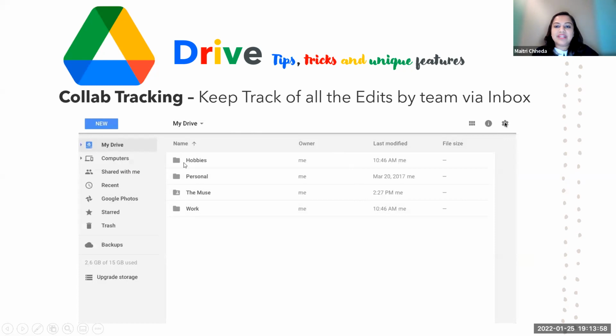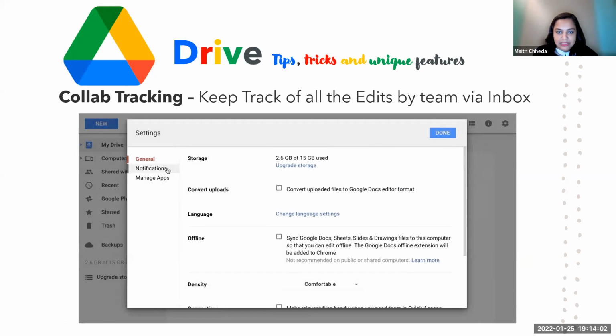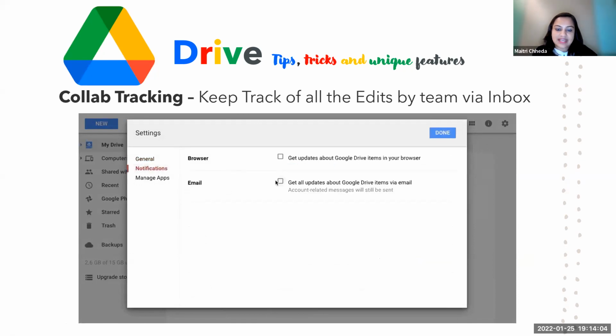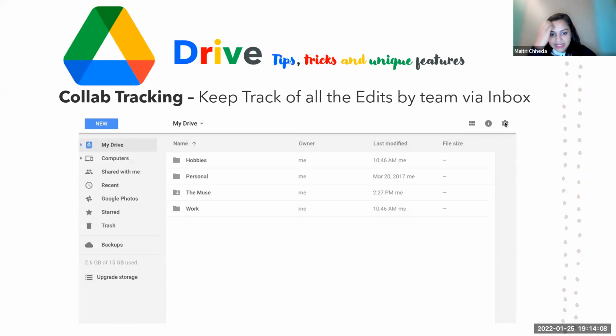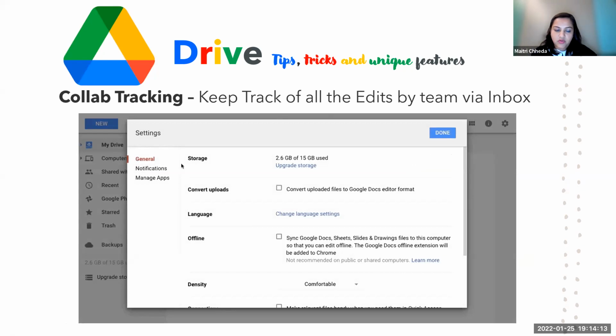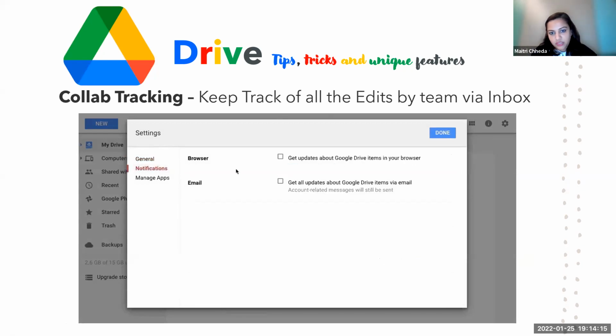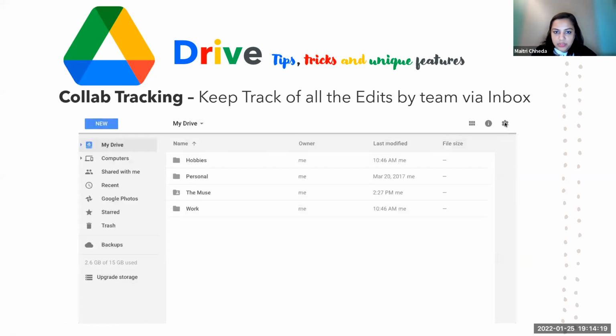So whenever somebody is updating anything, you will get an email notification saying that this person has updated something over here. So you don't need to go to the specific file. You can keep the updates in your email. So if you want to keep track of your team, of who is doing what on what particular date, especially when they're working from home, this could be a good option to keep track.